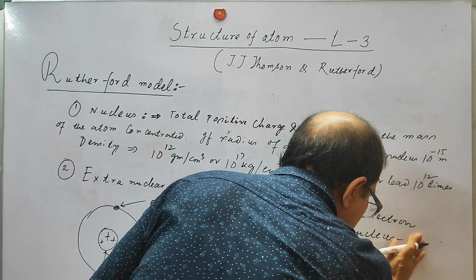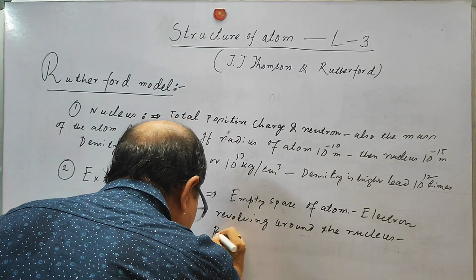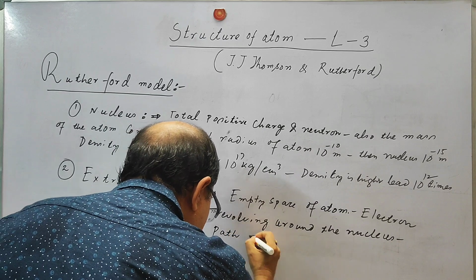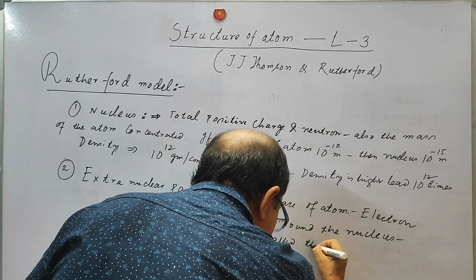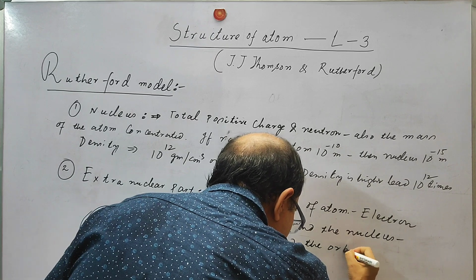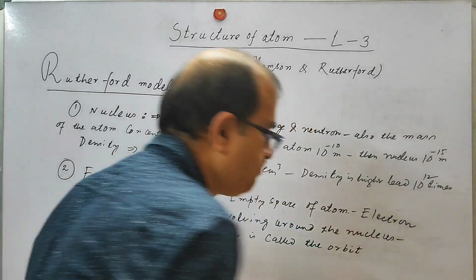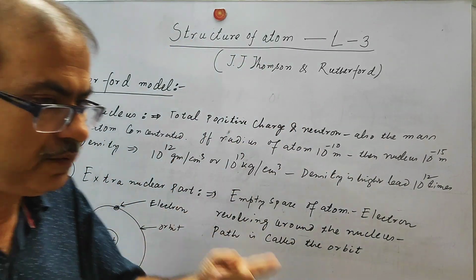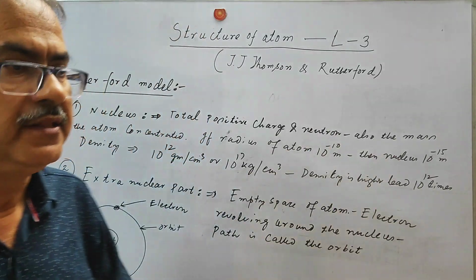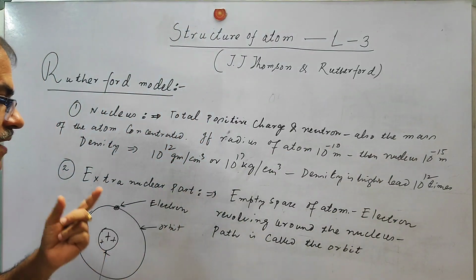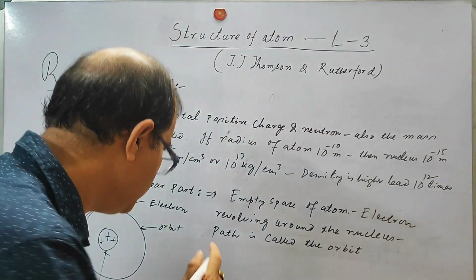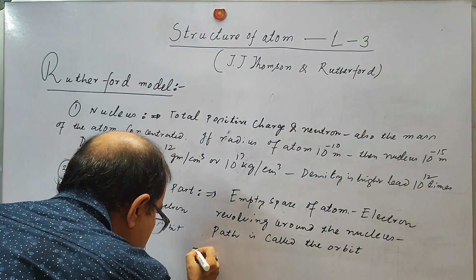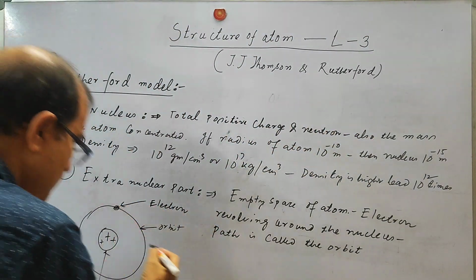The path is called the orbit. And we know when any object moves in a circular path, there must be a force required for this, called centrifugal force. And this centrifugal force,